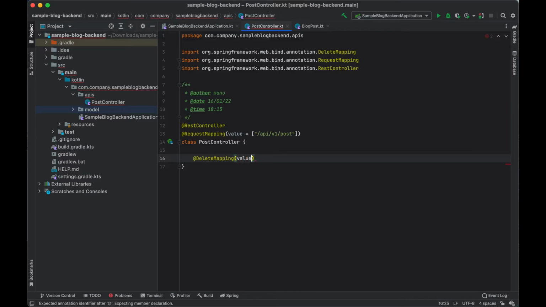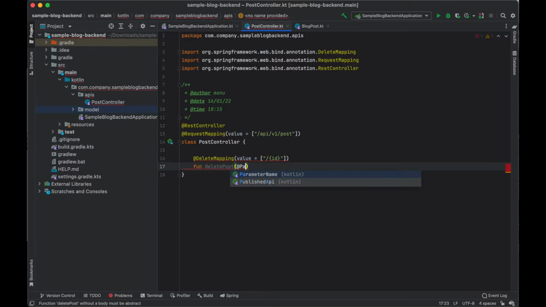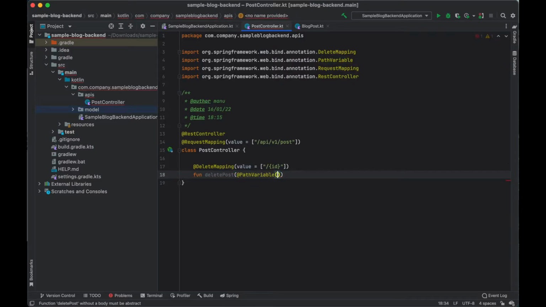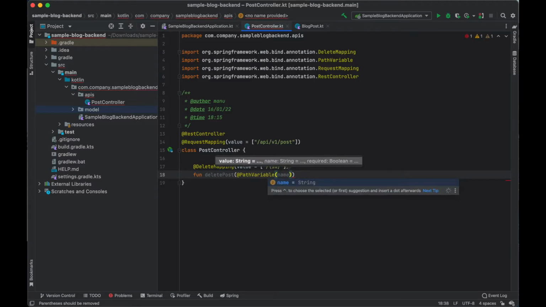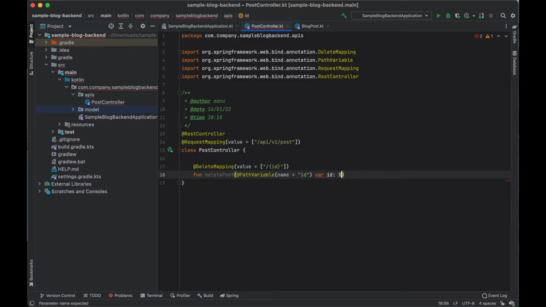If you remember, this mapping should get an ID, so I will attach it. After that I define a fun deletePost that receives a PathVariable called ID of type String. This could return a String also,